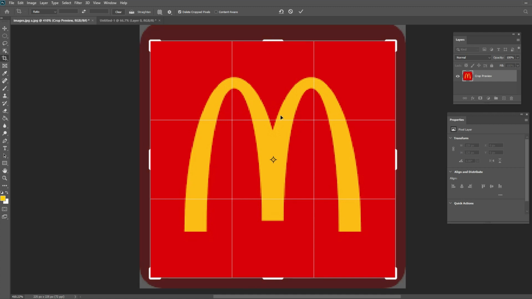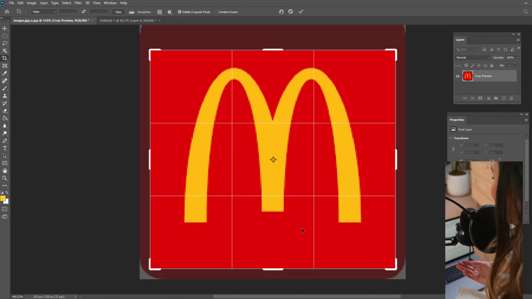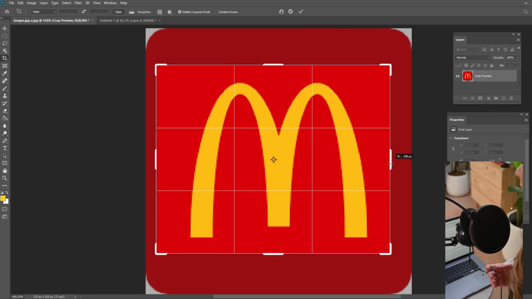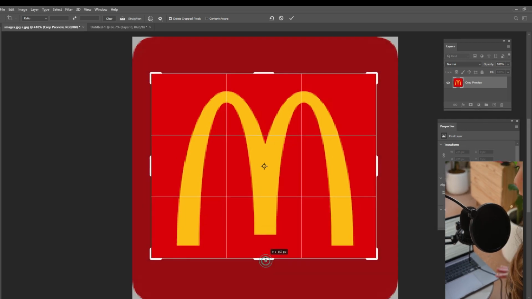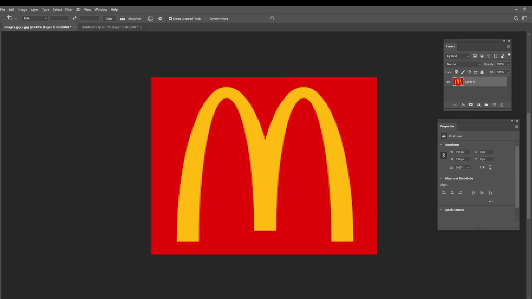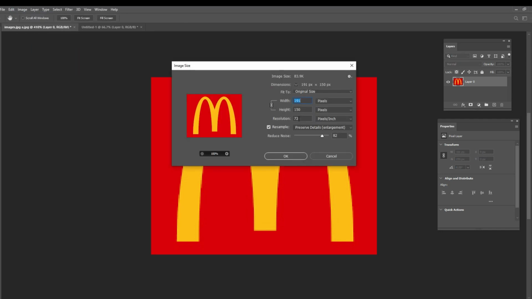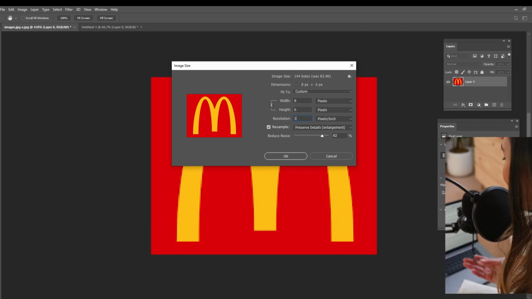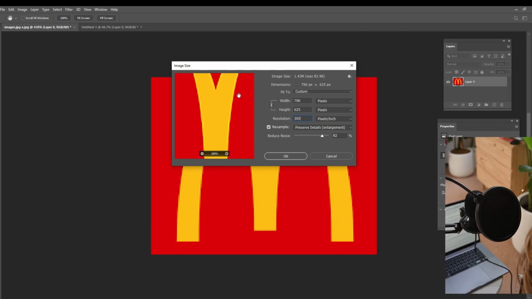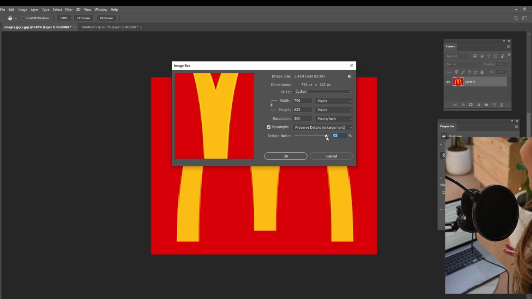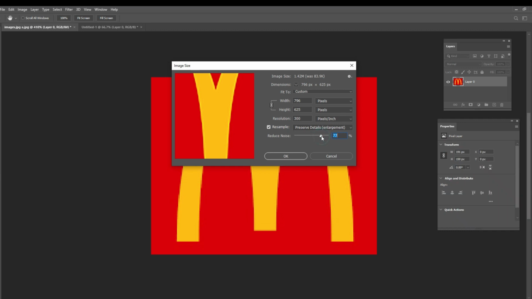I crop the picture so it's just the logo and doesn't have this extra. So I go here into the crop tool and just clip the areas like this. We also have to remember to increase the resolution, so I'm going to increase this to 300, and you will see that it scales it up, but it's not perfect. We still have blurred edges. Next, we are going to hit OK,